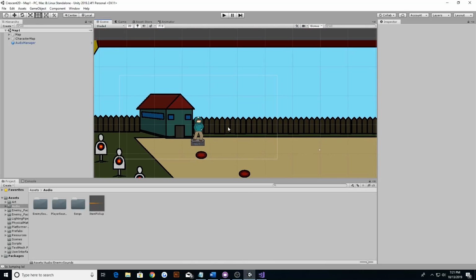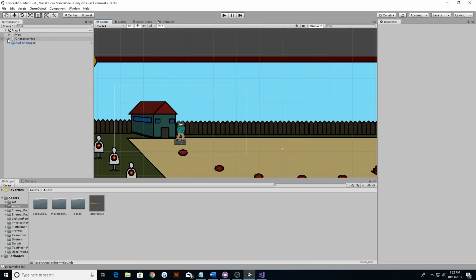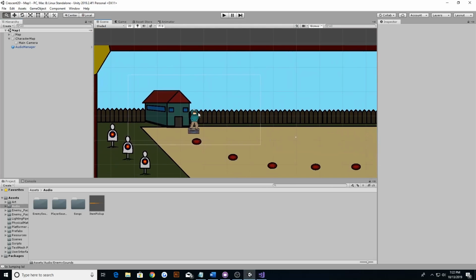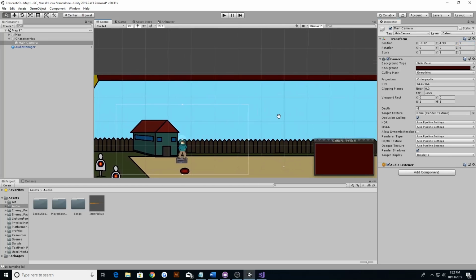You might be wondering, since this is a 2D game, why does the z-axis even matter in this case? The z-axis matters because if you change the z-axis on the camera, it changes how far or how close the camera is looking. If you see here, the position is currently at -10. If I were to change this to, let's say, 20, or let's say 1, this camera would be